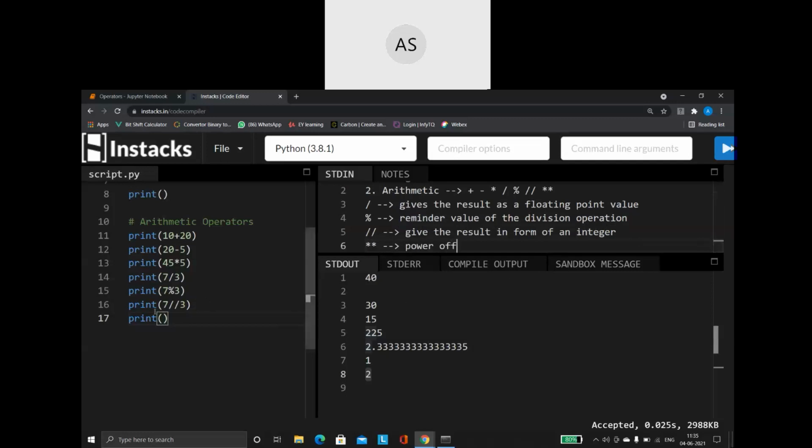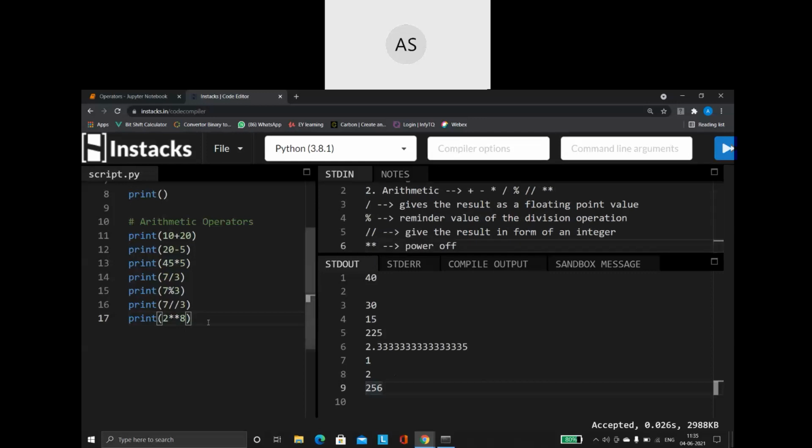So what is it going to do? Say I am saying 2 to the power of 3. It is going to do 2 into 2 into 2. So 2 twos are 4, 4 twos are 8, which is my result in this scenario. See? If I am saying 2 to the power of 5, it is 2 into 2 into 2 into 2 into 2. Whatever that value is, it is going to give me that. So this is how these basic arithmetic operators work for me. These are all the arithmetic operators present in Python.